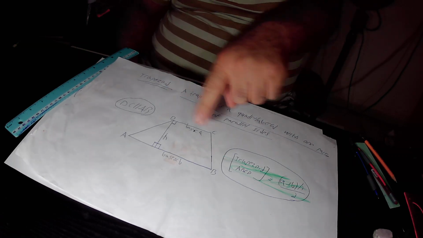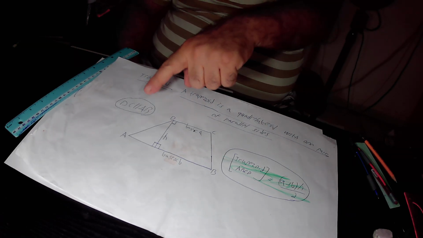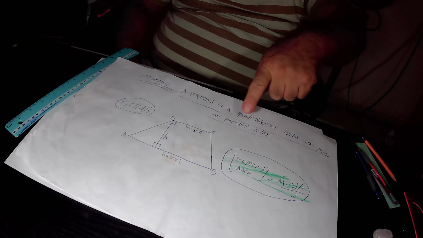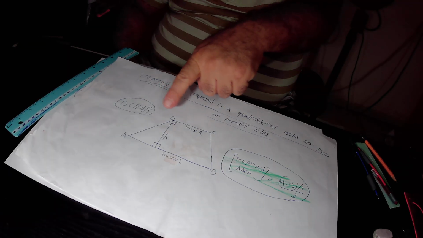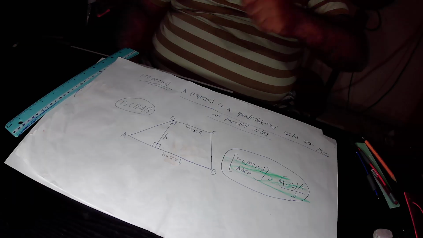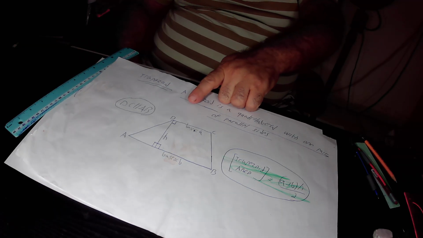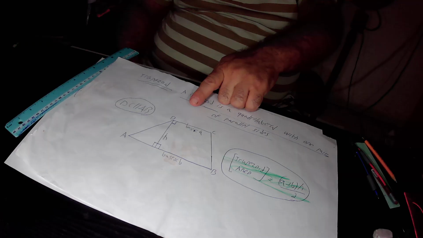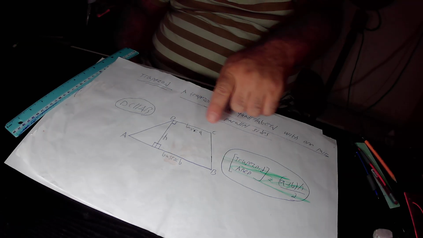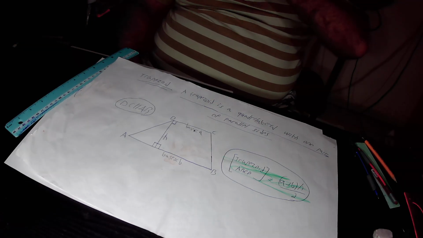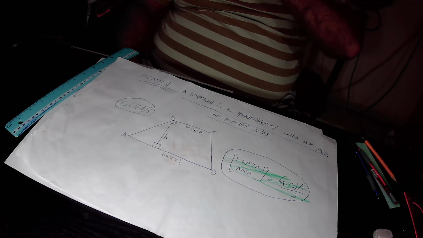This is quadrilateral ABCD. In quadrilateral ABCD, side DC is parallel to the opposite side AB, and therefore quadrilateral ABCD is defined as a trapezoid because it has one pair of parallel sides. If we define the length of side DC as A and the length of side AB as B, then the area of trapezoid ABCD will be